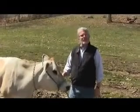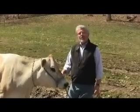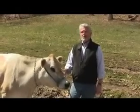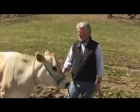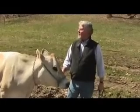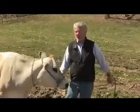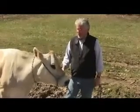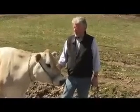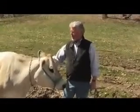This cow calved less than 48 hours ago, and she developed a mild case of milk fever, which I treated with a bottle sub-Q under the skin. Then this morning I noticed she was a little unsteady on her feet, so I gave her orally a tube of calcium supplement, and